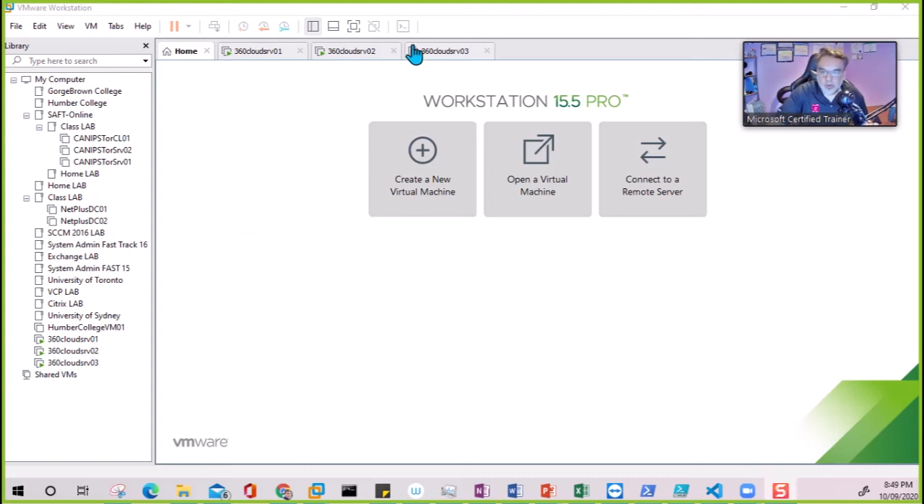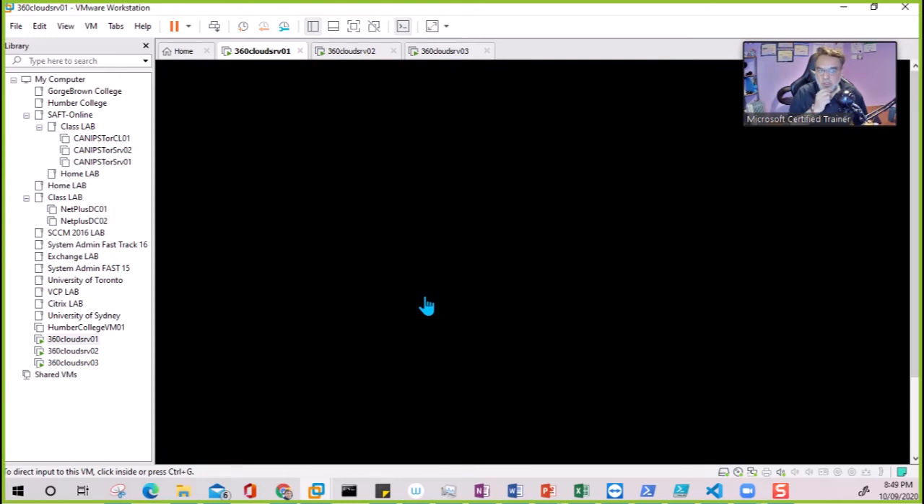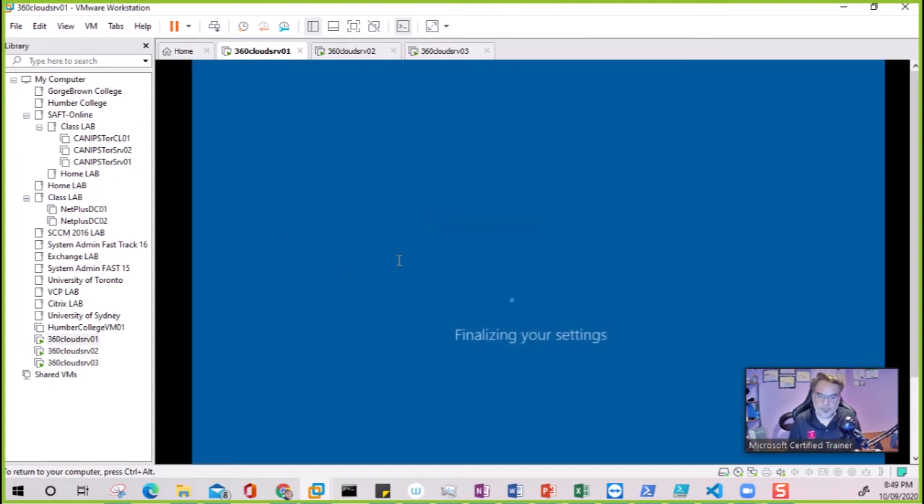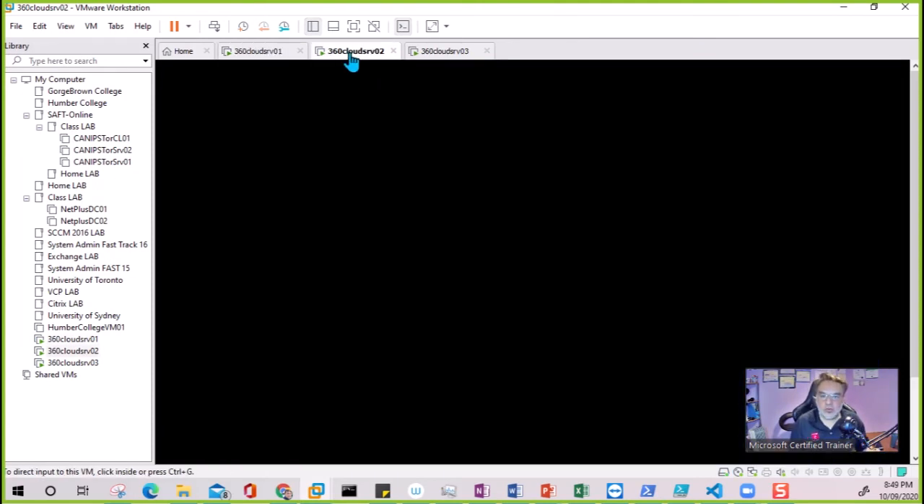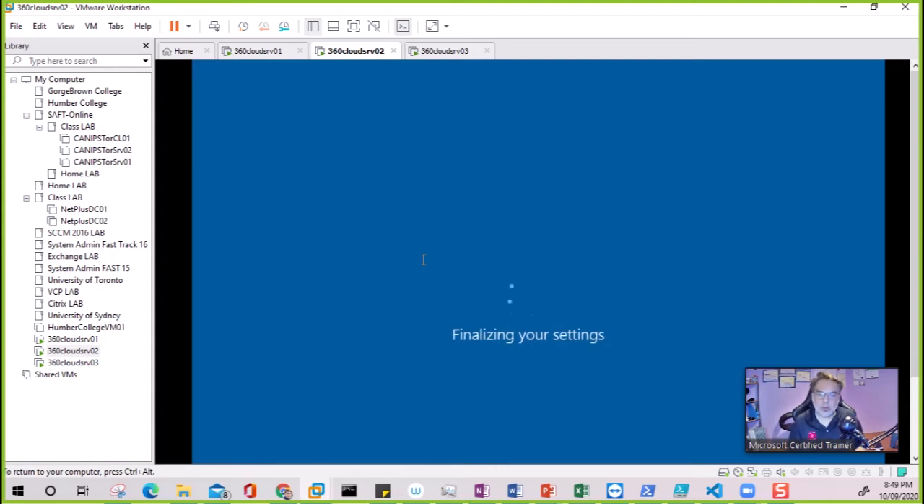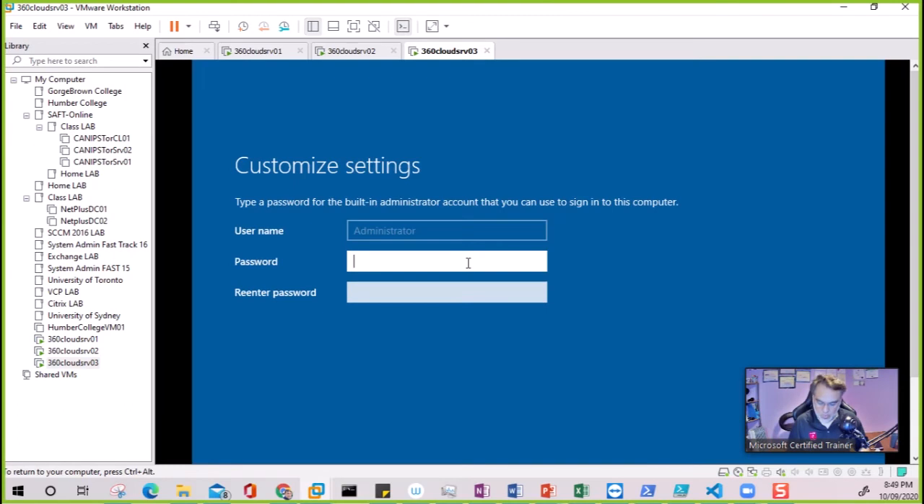So I have three servers installed. Now I need to do a basic configuration. On the first server, once the server is installed, I need to provide the administrator password, and same goes for the other two servers. And so now afterwards, what we need to do is